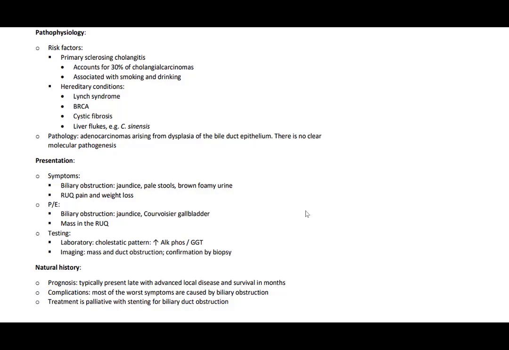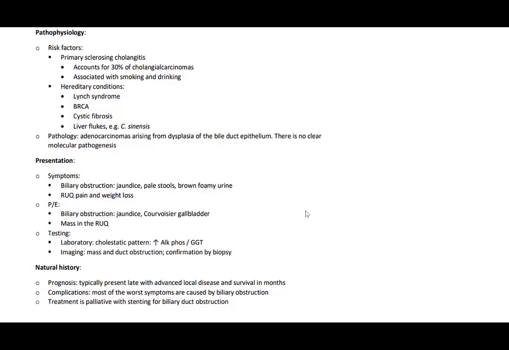The symptoms of this condition include biliary obstruction, which can lead to jaundice, pale stools, and brown foamy urine. Patients will often have right upper quadrant pain and resultant weight loss. On physical exam, they may have signs of biliary obstruction, which can be appreciated by seeing Courvoisier's gallbladder or noticing jaundice. They also potentially have a mass in the right upper quadrant that's more likely seen on imaging and less likely